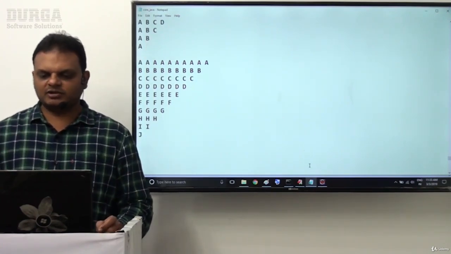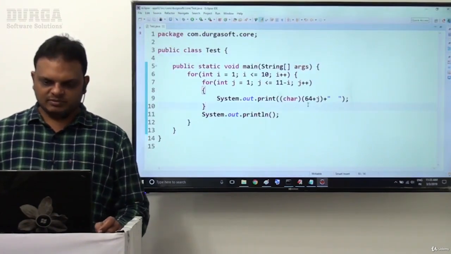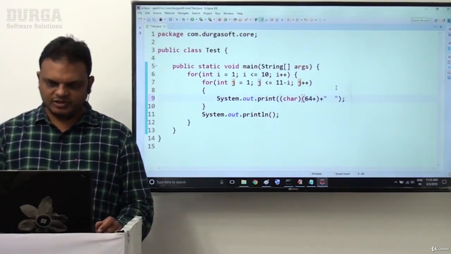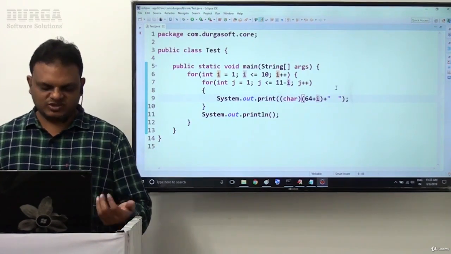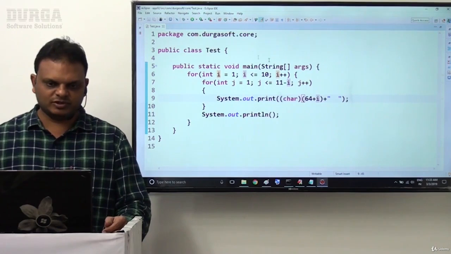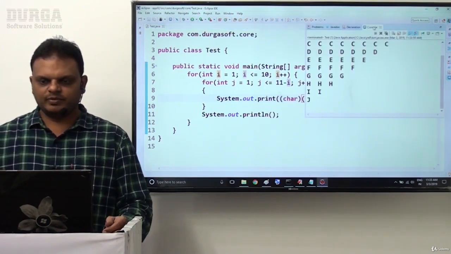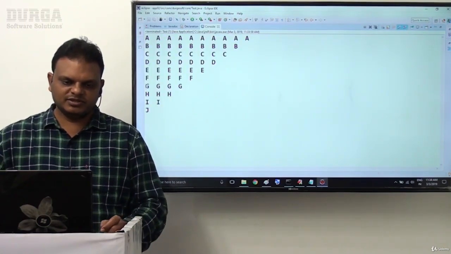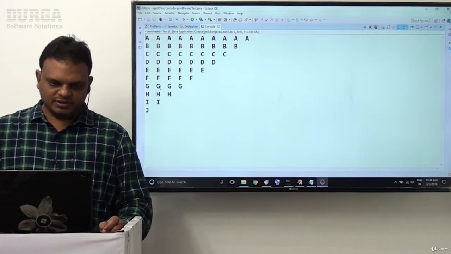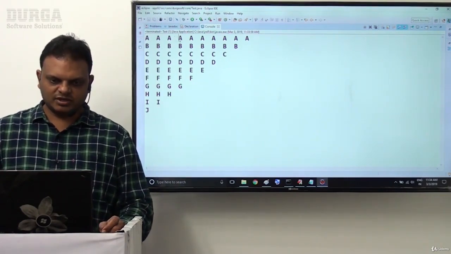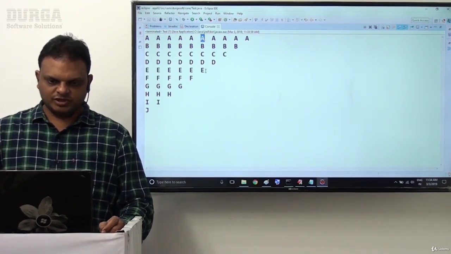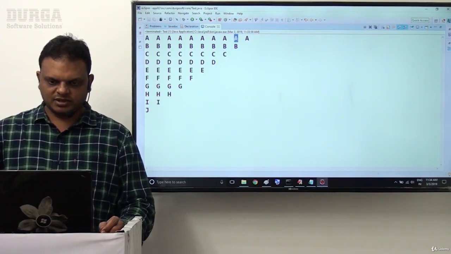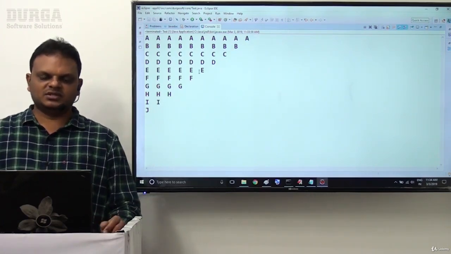If you want to get this particular pattern here, what we have to do there? Simply in place of displaying J values, I want to display I values. That's enough. In place of displaying J values, if we display I values, the same output here we are able to get in the same example here. Observe this clearly. Now here we are getting A, B, C, D, E, F, G, H, I, J, A to I and A to H and A to G. Next one is A to F. Next one is A to E and A to D and A to C and A to B and A, like this.